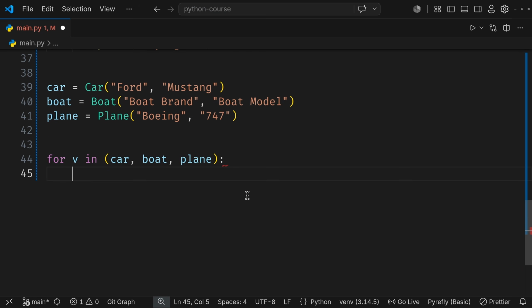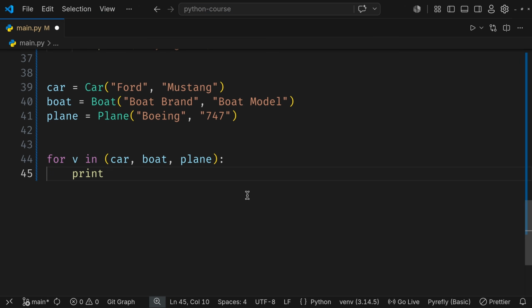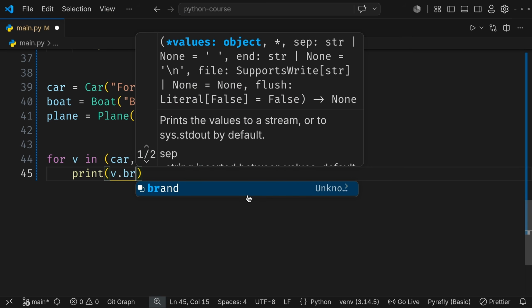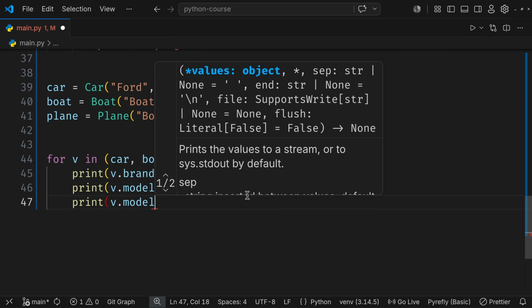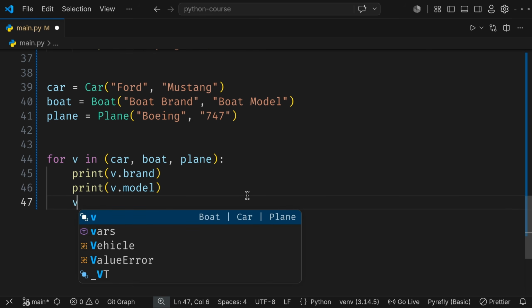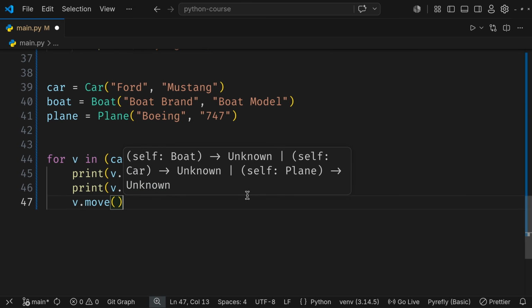Okay, for each of the vehicles, I want to print v.brand, I want to print v.model, and then I don't want to print anything. I want to call v.move. Okay, all right,